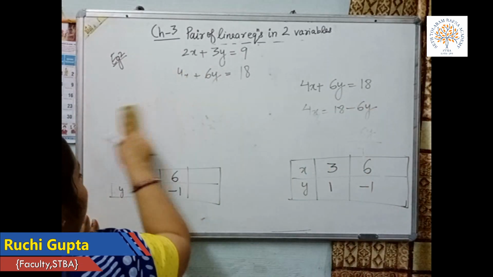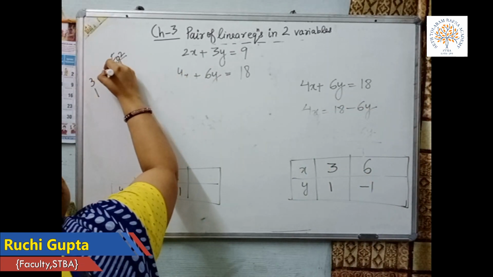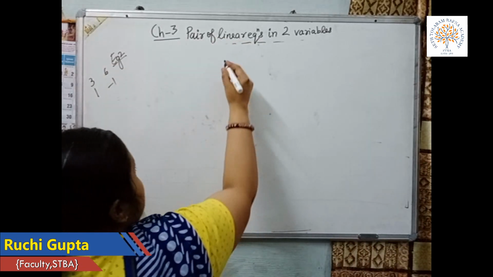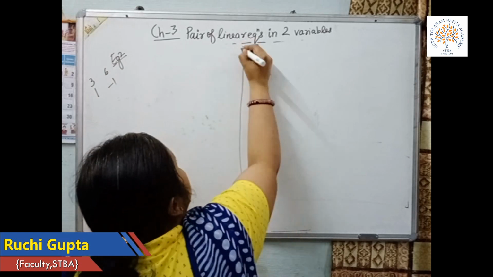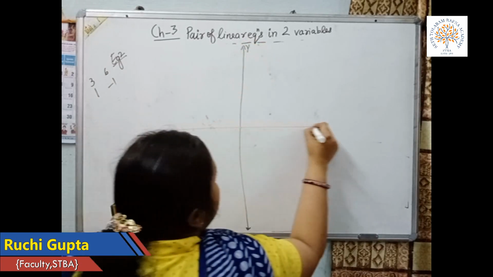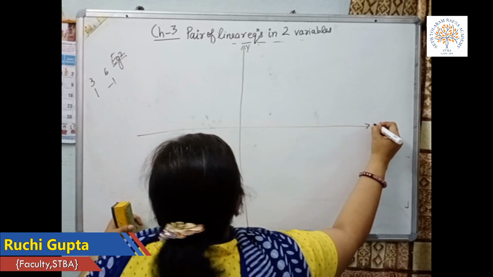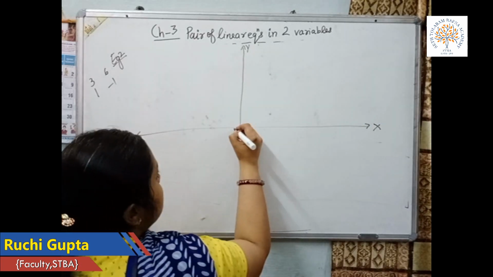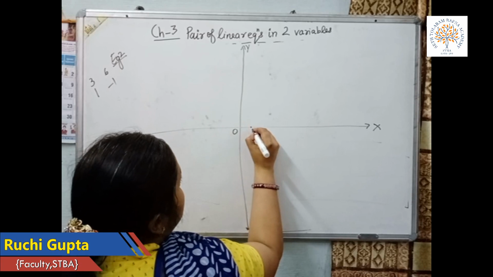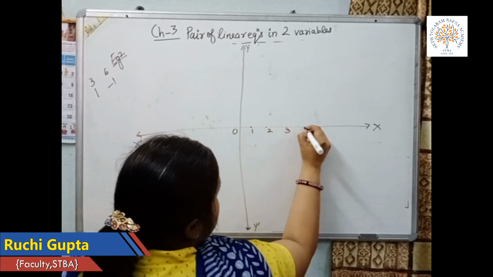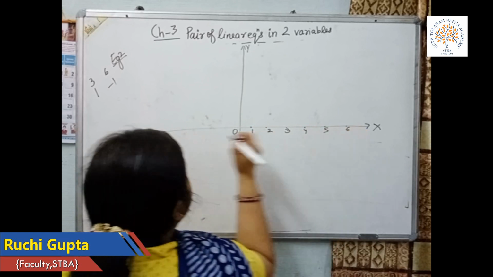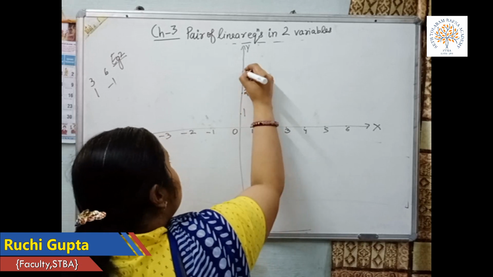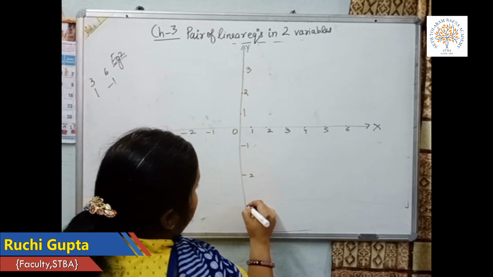I am making the graph of it to explain this more clearly. I am writing the points here. So again, which axis is this? Very good. It is the y-axis. Which axis is this? It is the x-axis. Very good. It is x dash. It is y dash. It is the origin. The x-axis is positive to the right of the origin, negative to the left of the origin. The y-axis is positive above the origin and negative below the origin.